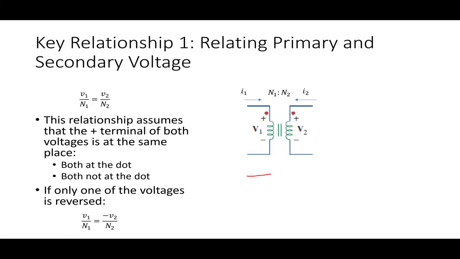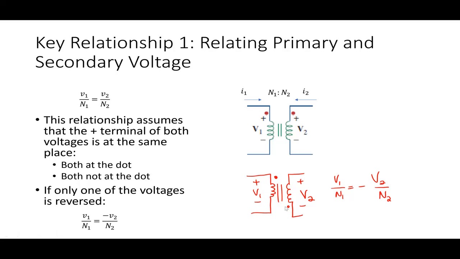But if I have this scenario, let's say I have this, and I do a dot here and a dot here, and I write V1, V2 like this, this situation would be V1 over N1 equals negative V2 over N2. All right? What the dot really tells us is something about the way in which the coils are wound around